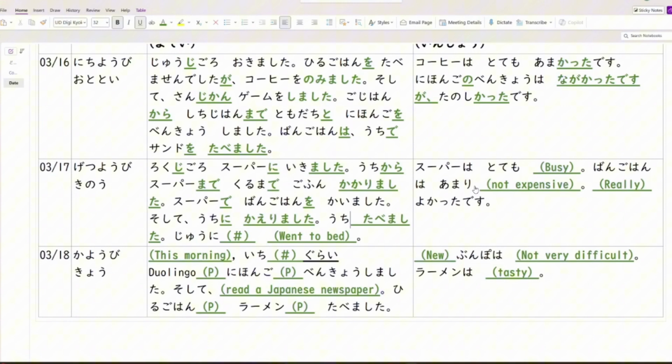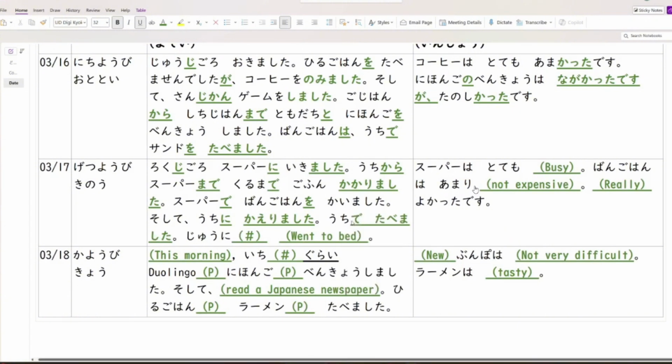Is that what we're saying? Uchi de tabemashita. はい。So I did not eat at the store. I didn't want to complicate things by saying in the same sentence that I bought it, but didn't eat there. I went home. うちで食べました。Plain and simple. はい。次。